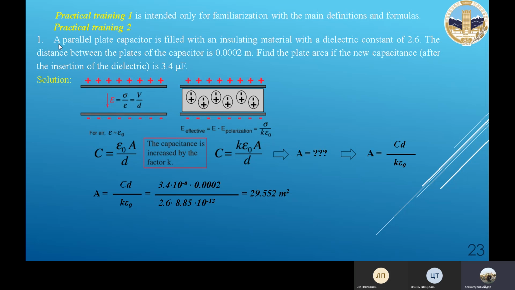Practical training 2, one exercise. A parallel plate capacitor is filled with an insulating material with a dielectric constant of 2.6. The distance between the plates of the capacitor is this one. Find the plate's area if the new capacitance is 3.4